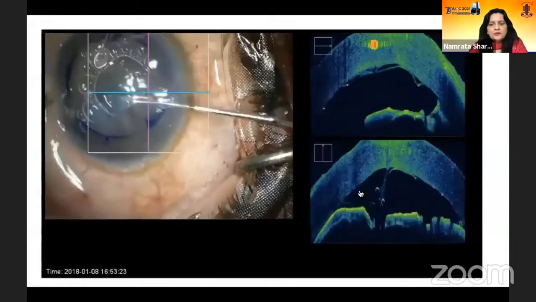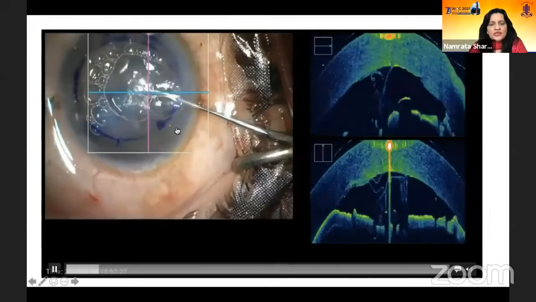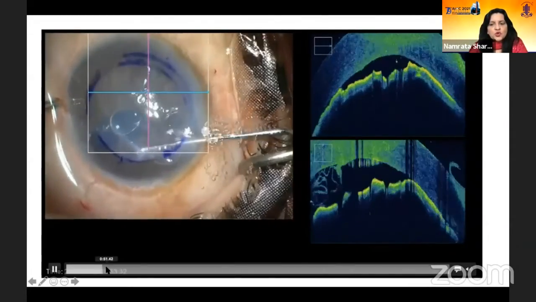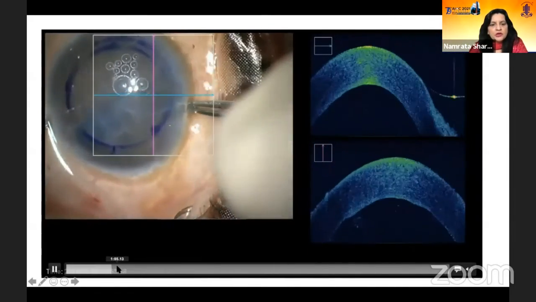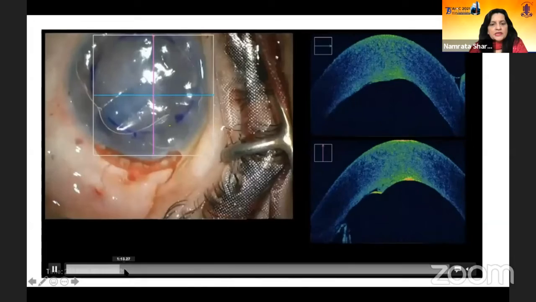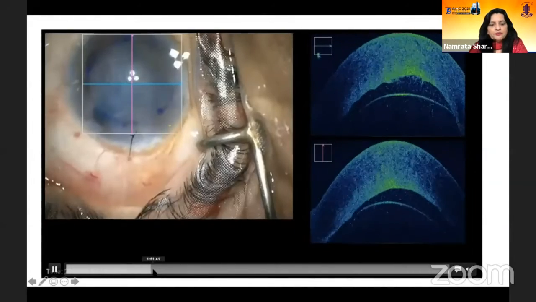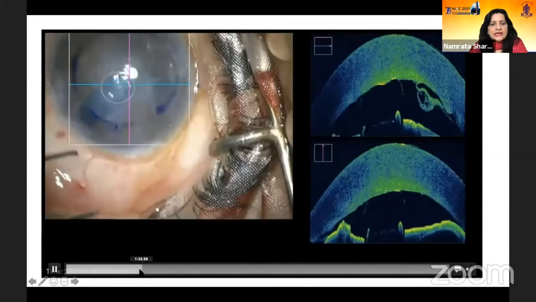And again, if it's hazy, then you can't see it on the operating microscope, but you can make out on the intraoperative microscope that there are remnants present which need to be removed. Now, these are removed from the side port, and after removing this, one can then place a graft inside.